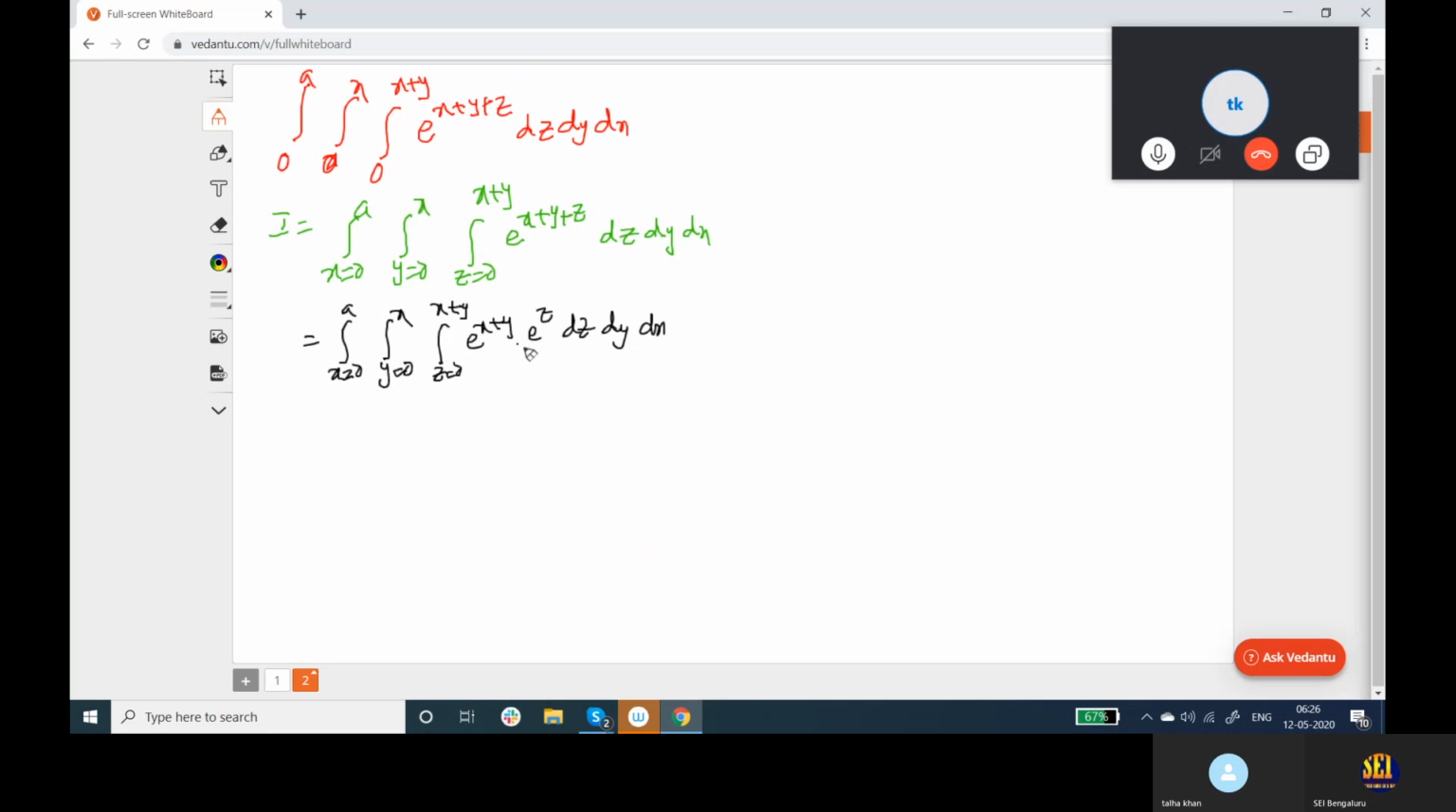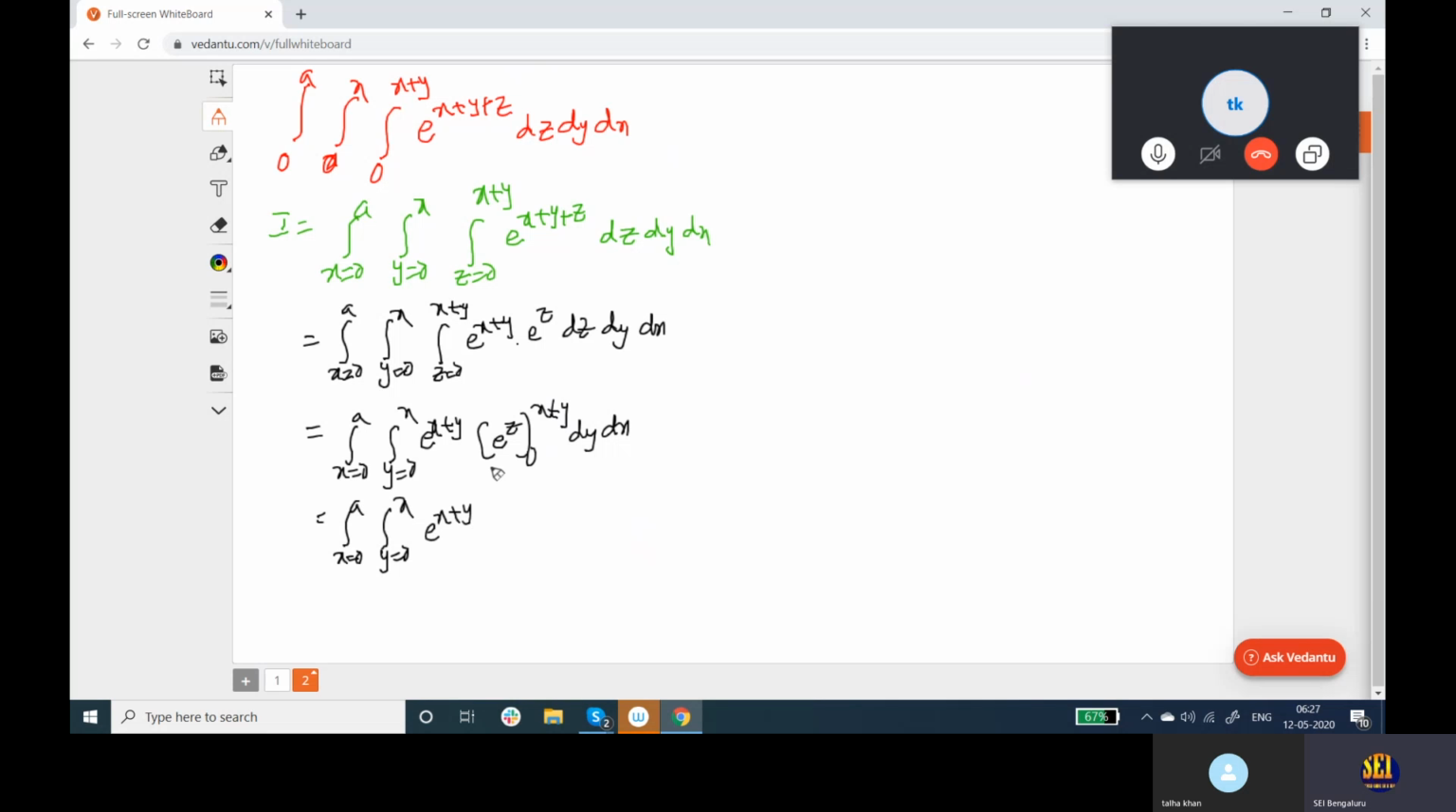Now, e power z we should be integrated. What we can get? Integral x is equal to 0 to a, integral y is equal to 0 to x, e power x plus y into e power z from 0 to x plus y into dy dx. Now in that case, integral x is equal to 0 to a, integral y is equal to 0 to x,